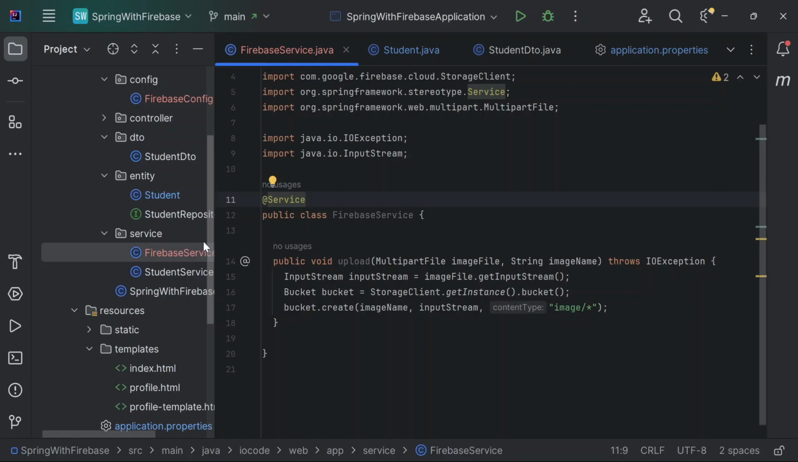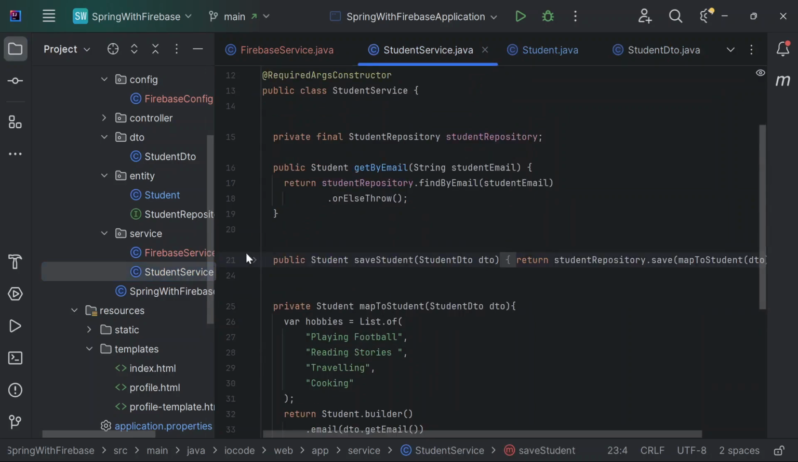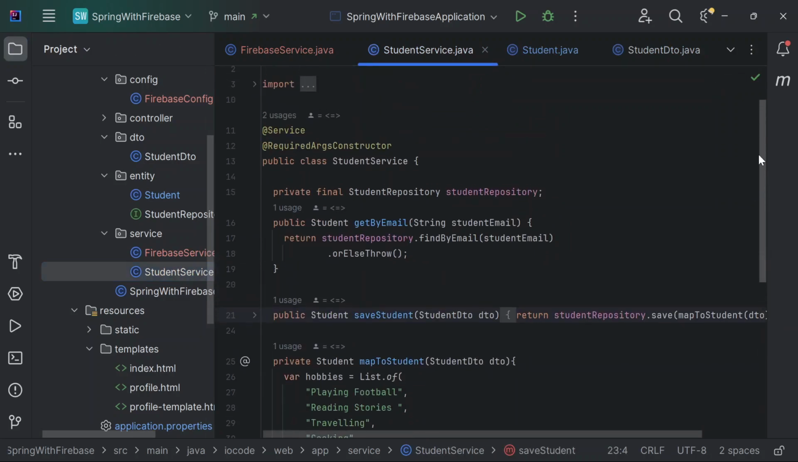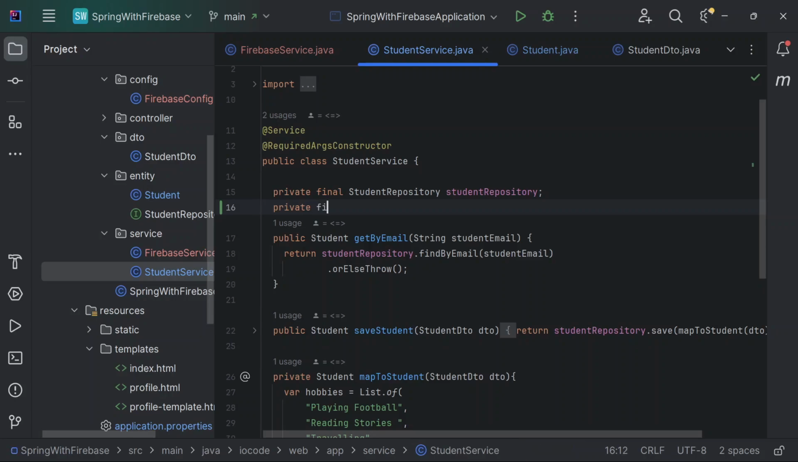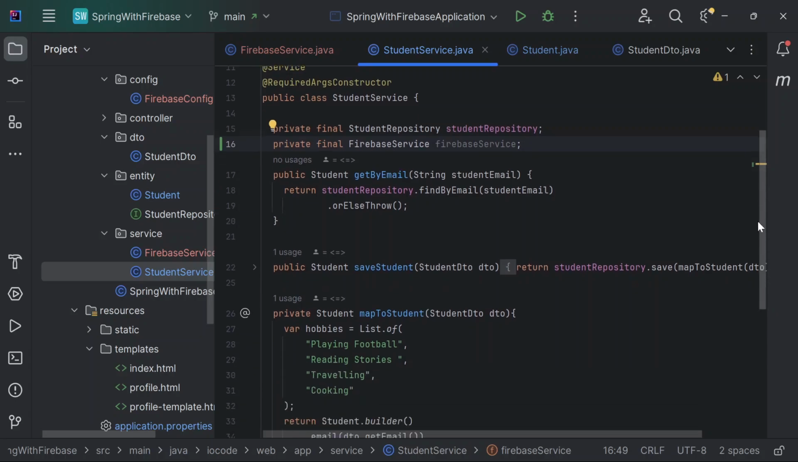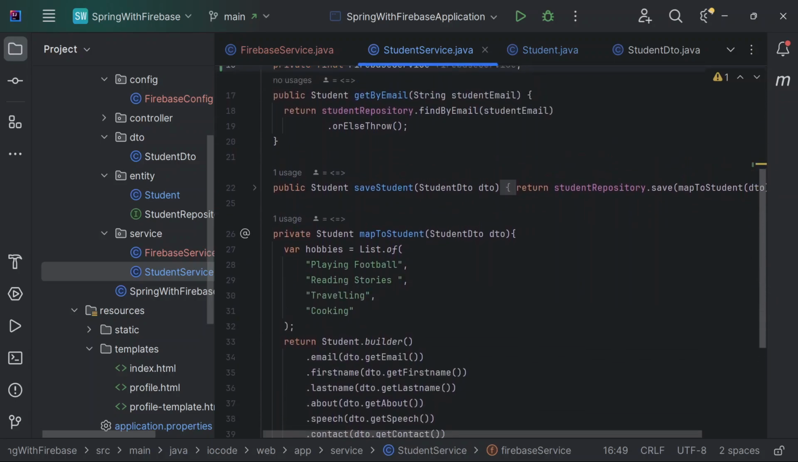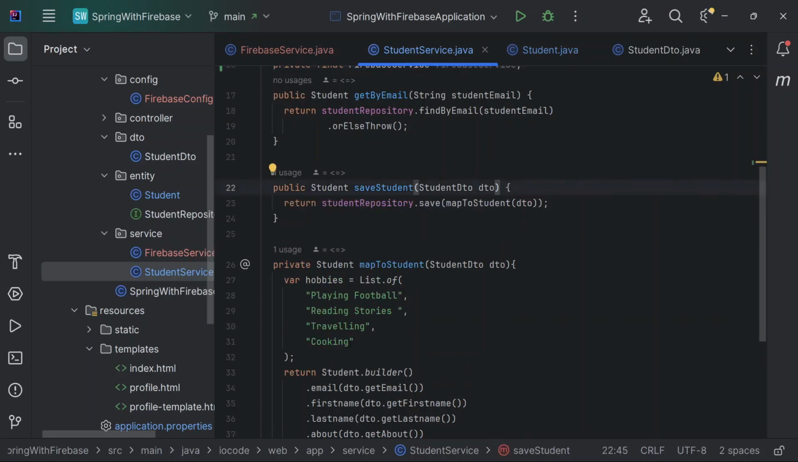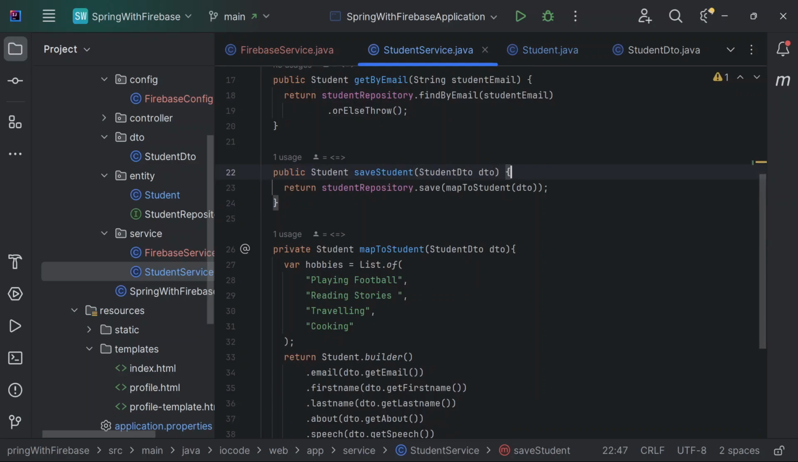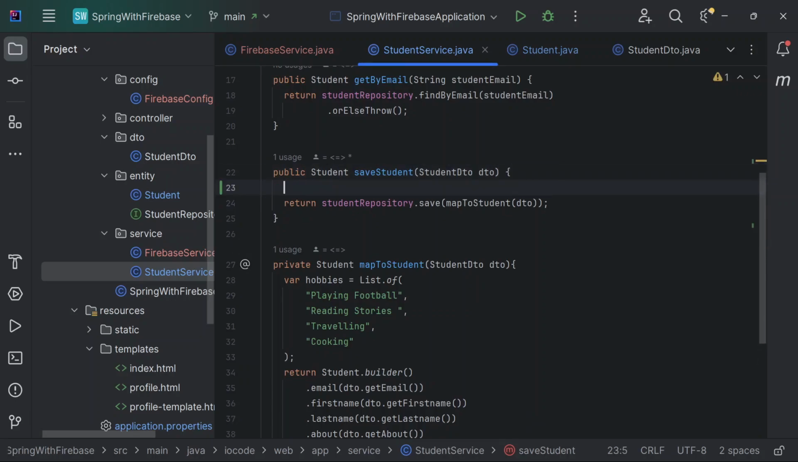In order for this upload function to work, we move back to our student service class and inject an instance of the Firebase service that we just created. So we create a private final field for it, Firebase service, and it should be Firebase service as well. Inside of our save student function,